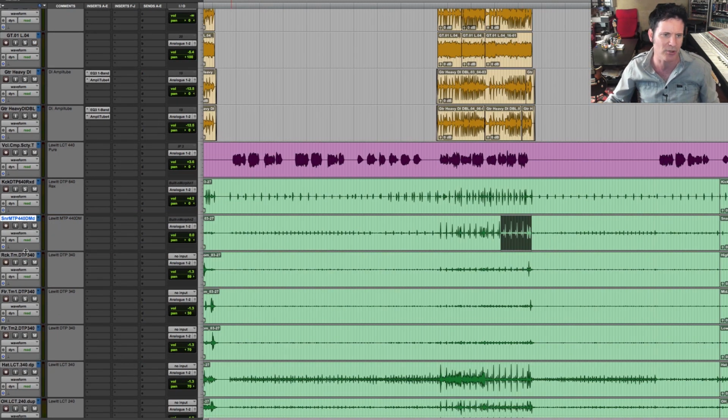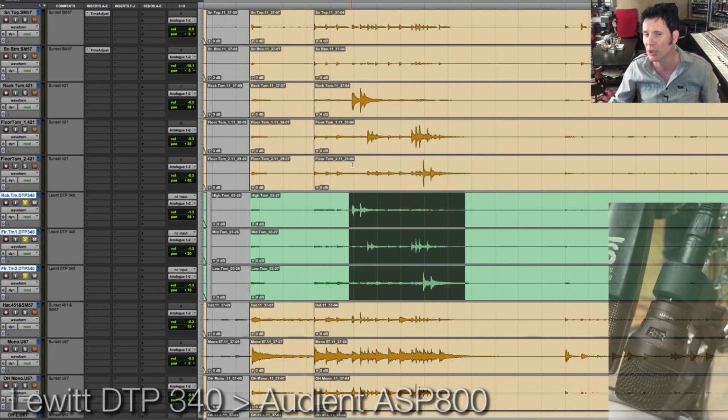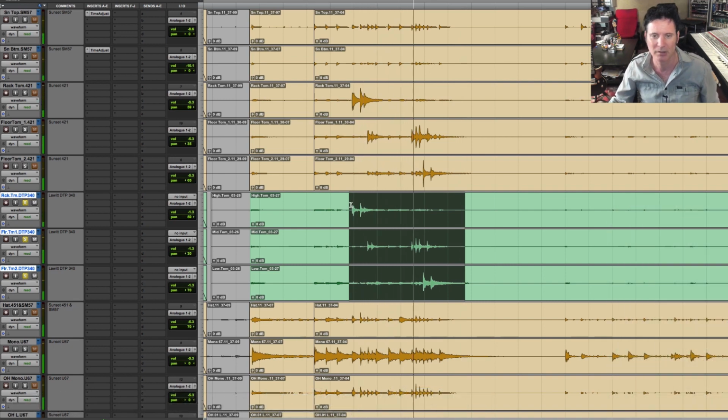Okay, next up is the toms. Greg has a rack and 2 floor toms. Let's listen to this. So this is the toms using the Lewitt mics into the audience. Nice. We did spend some time tuning these and getting them right, and it paid off. Okay, so let's compare that to the...